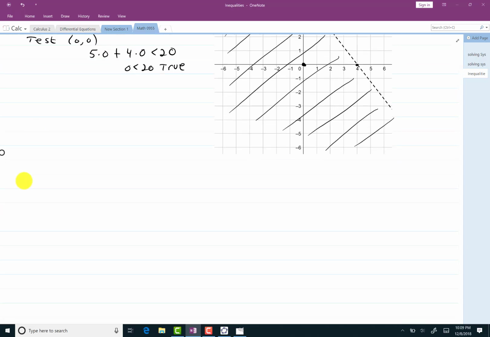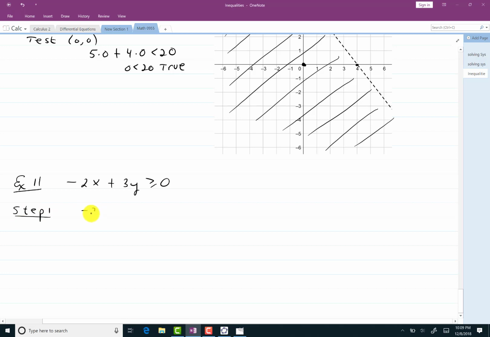One last example, and this will be what happens when you can't use 0, 0 as a test point, like in this example here. We do exactly what we did before. Step 1,